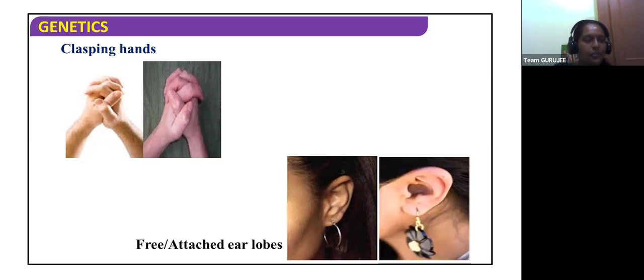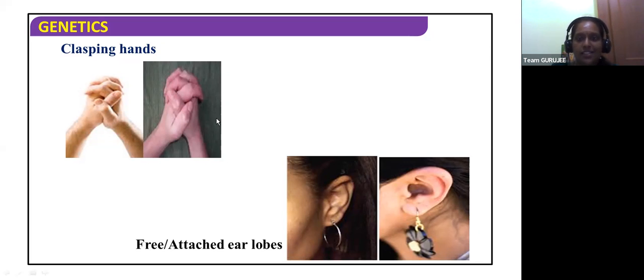Like 55%. So one, or less than 1% of the population say they don't have any preference either way. I'm going to clasp 3 fingers. I don't have a preference. But most of the people will have left hand claspers, and 44% of the others are right hand claspers. Right? Okay.